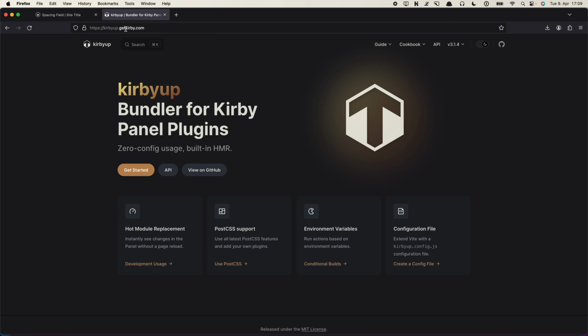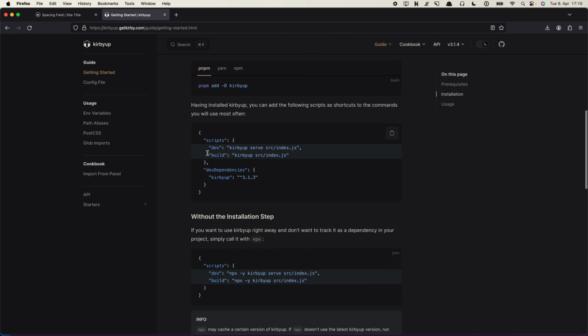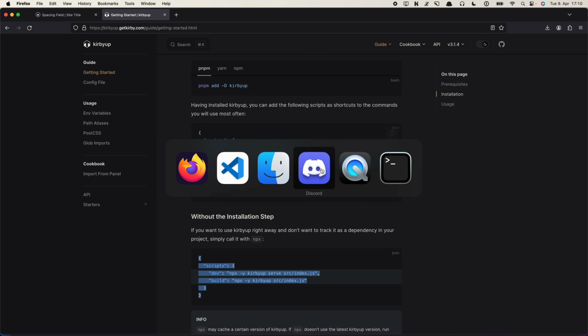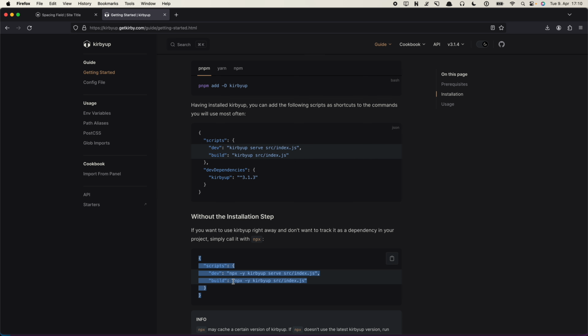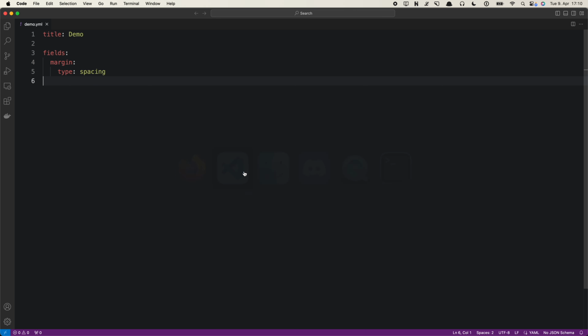You can find it at kirbyup.getkirby.com, and if you get started here, you can find the instructions how to either install it as a development dependency, or you can also use it with npx to instantly run it globally, which in my opinion is the easier way to get started. This is fine too. You just make up your mind what you like best. Most of the times I'm using this here. It has a couple downsides. So this version, to install it as a developer dependency, is more future-proof, but I find this easier to get